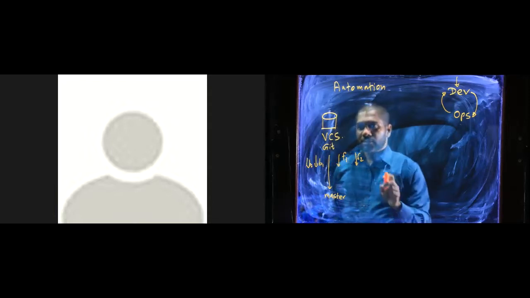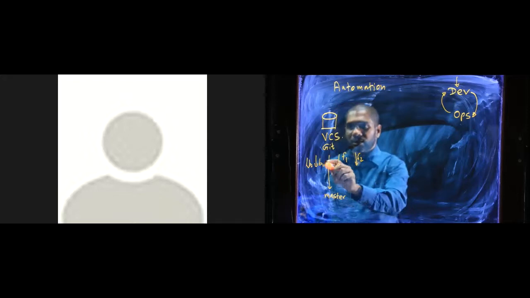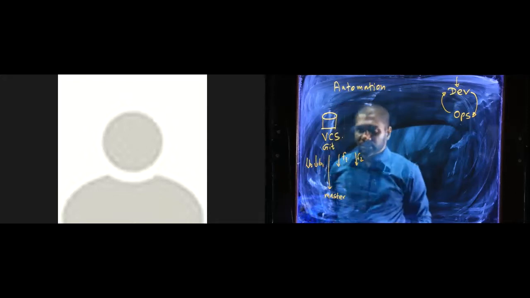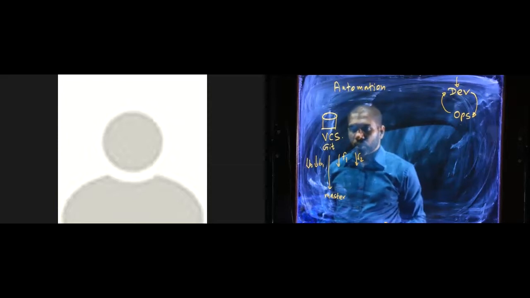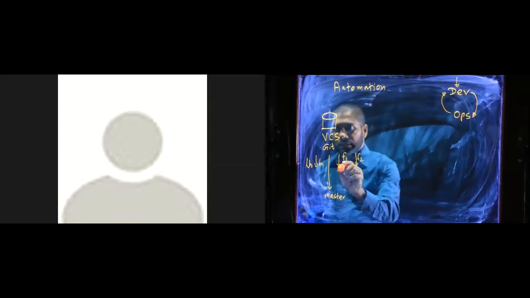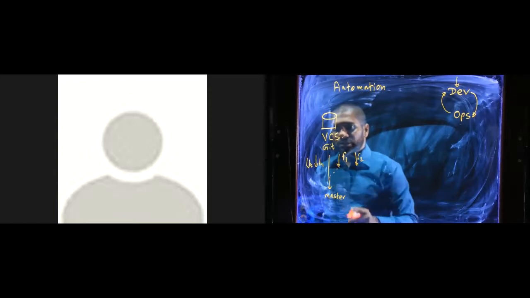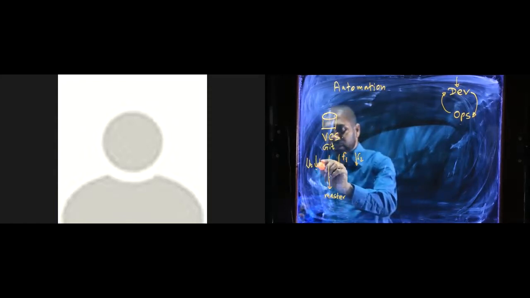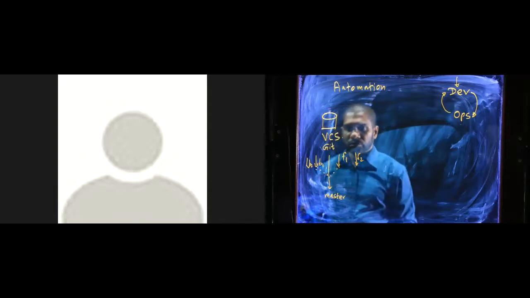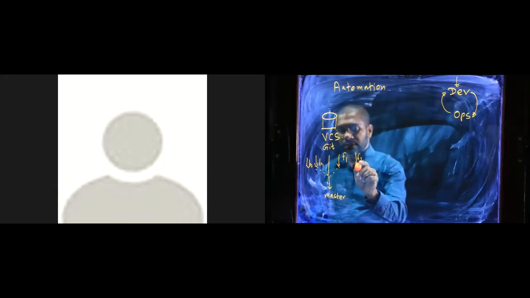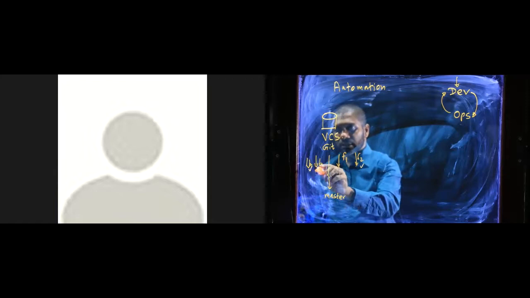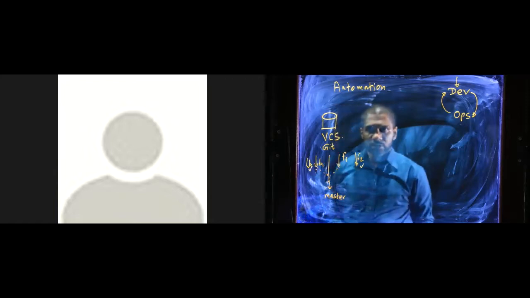Okay, so we have various branches developed by different developers. Each one is working on their own individual branch. When they are ready, what do they do? They do a merge. There are various ways of doing this merge and so on. I won't get into the details, but basically they combine their work with the master branch. When they're ready and they're sure that everything works, this feature works okay, or this bug fix is okay, they merge it into their branch.